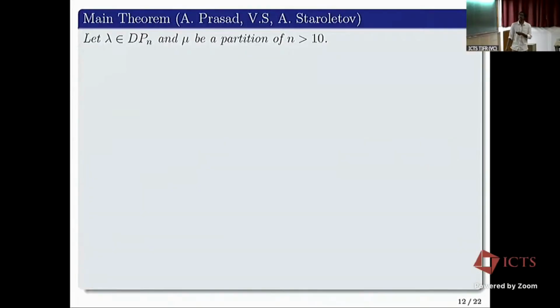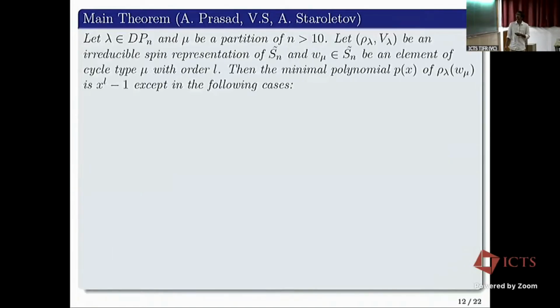So let lambda be any strict partition of it, meaning let's take any irreducible spin representation, and mu be any partition of n, meaning we take any element with cycle type mu. By cycle type, I mean you first project into Sn and then see its cycle type. And now the theorem states that rho lambda w mu has minimal polynomial x